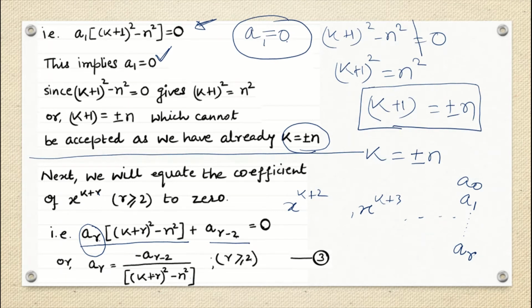So now what are we going to do here? r we will just write as 1, 2, 3, 4, 5, 6, whatever. We need to know the value of k. n is fixed, it is the given order. Just now we saw that the value of k which we accepted to start our solution was plus minus n. That means two values of k are given to me. So I'll put the value of k as plus n, and later we'll put k as minus n to get the final answer.